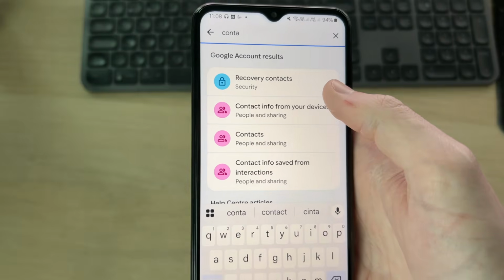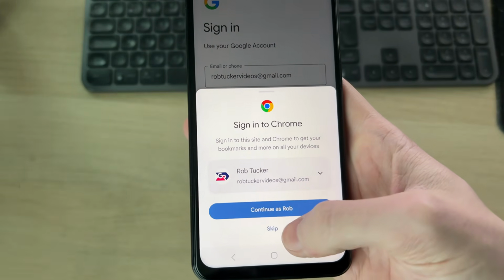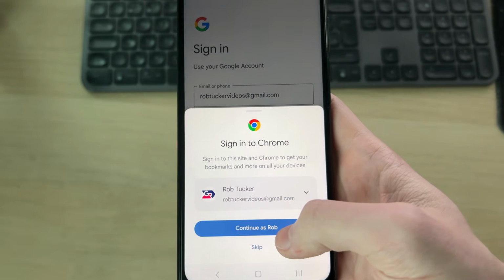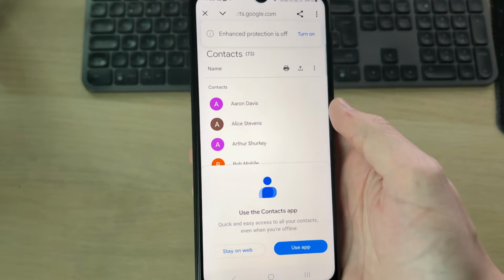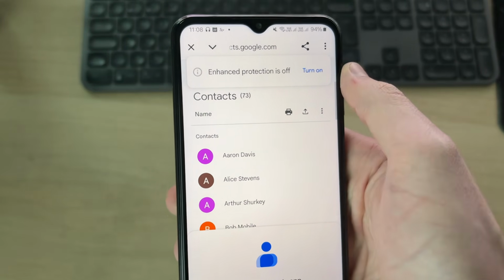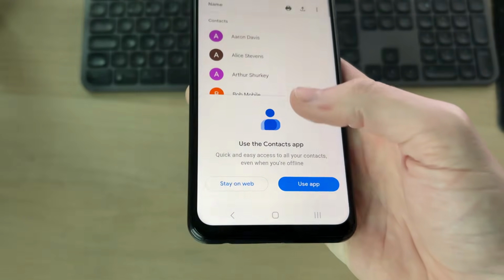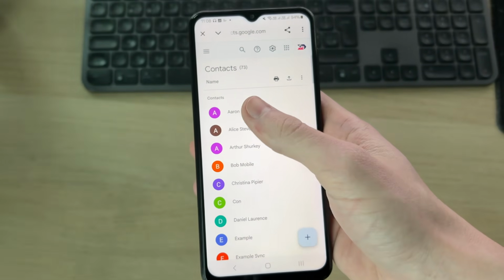So you can tap there, and then this is going to open up Google Contacts. In this case, I'm being asked to sign in. I can actually press continue here. Just wait for this to load, and here they are. At the top, you can see I've got 73 there. So what we can then do is swipe that off, and I'll just press stay on web. You can use the app, but I want to keep this guide broad